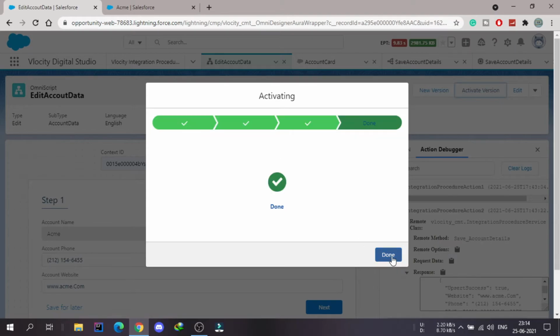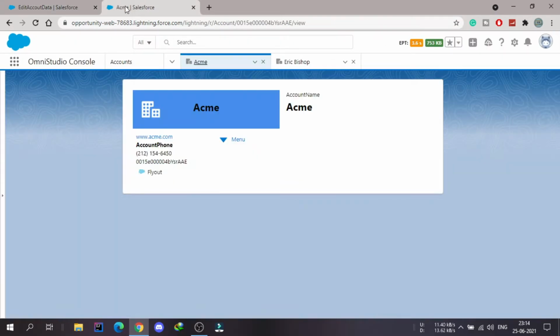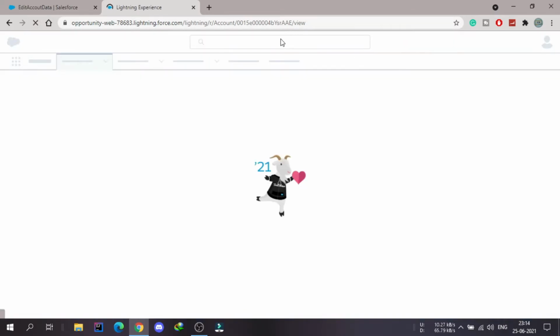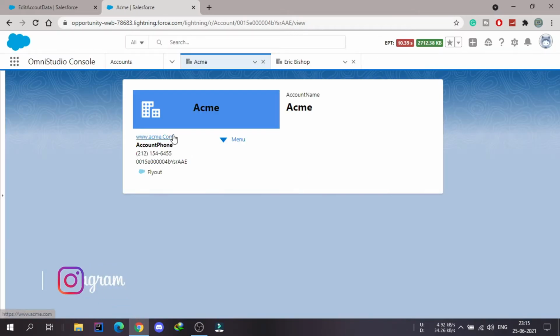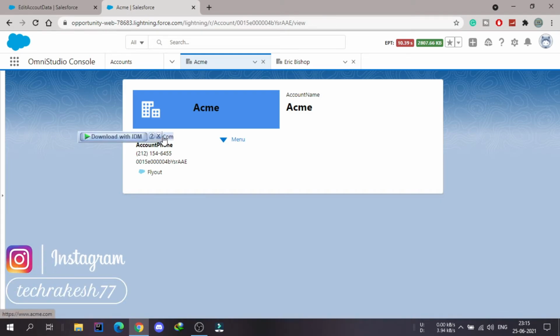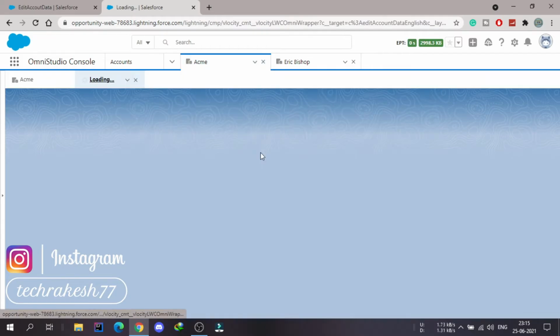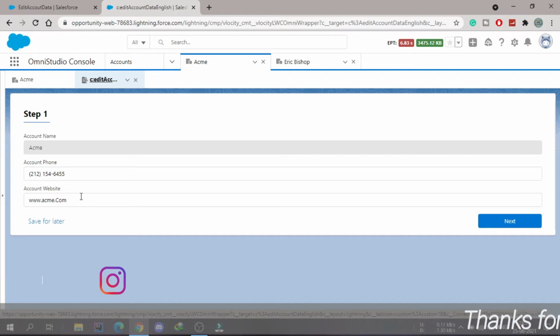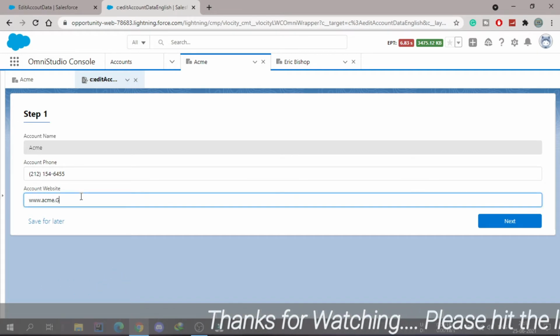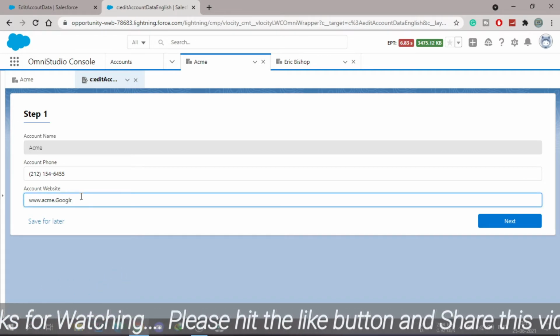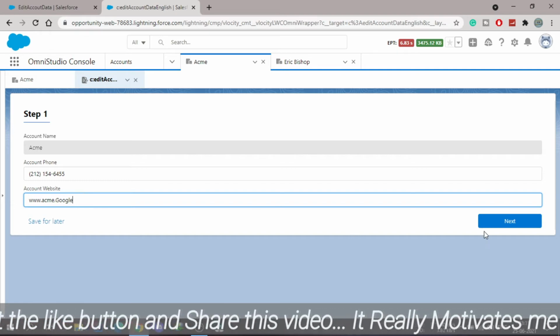After activating this, let me go back to this console and I need to refresh the page so that the changes will reflect. You can see here that the updated details are coming here. Okay, now if I go back to that Omni script to edit the account details, let's change this com to Google. And if I press the next button,